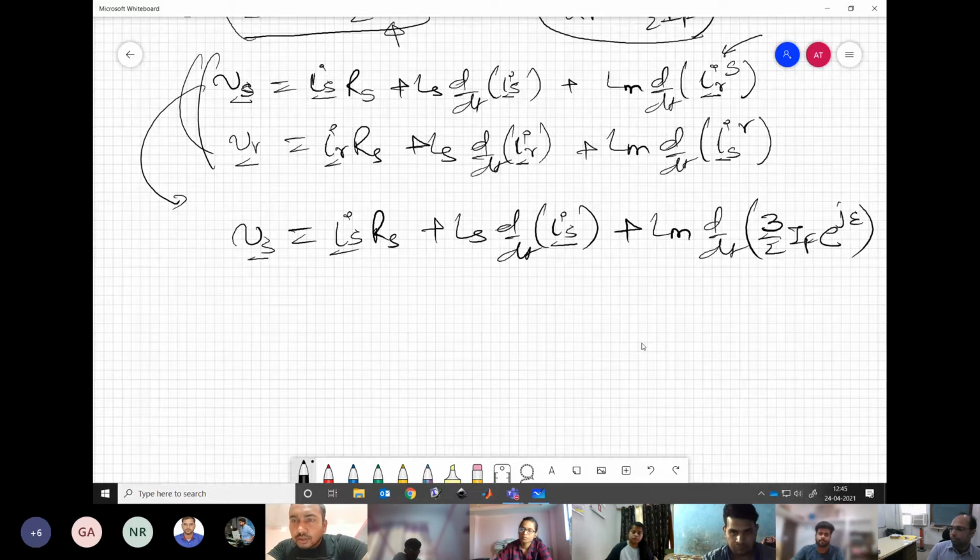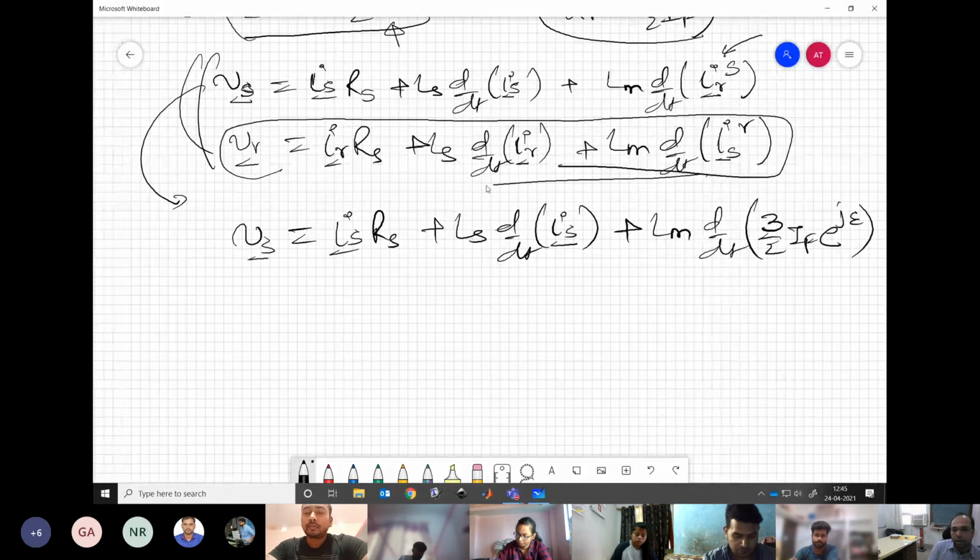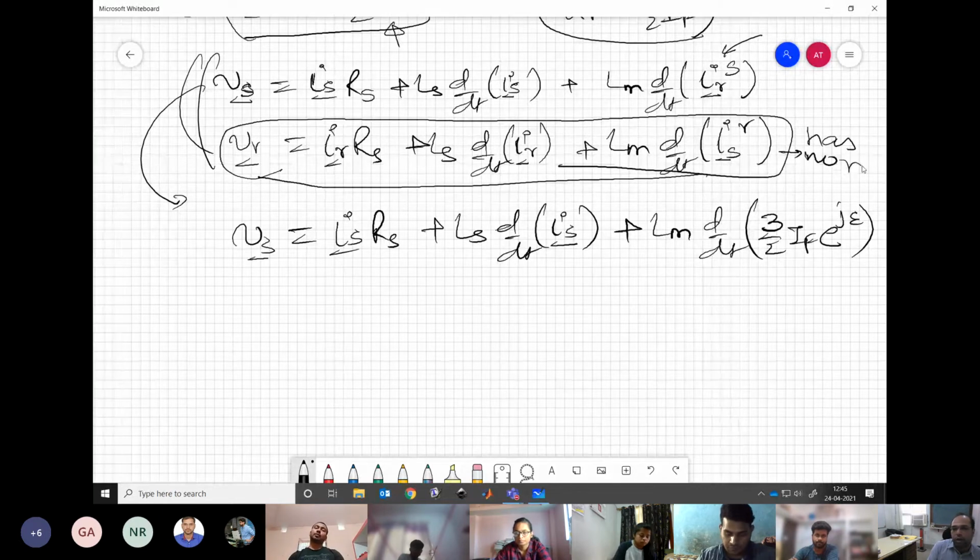This is clear, right? Now, as I said earlier, because it is a permanent magnet synchronous motor, we actually do not have any voltage or current running on the rotor side. So this equation does not play any role. This has no role to play in the electrical equation of the machine. We do not have any winding, any current flowing, or any voltage over there. So this equation has no role to play, which means the stator equation alone is enough to define the electrical properties of the permanent magnet synchronous machine.